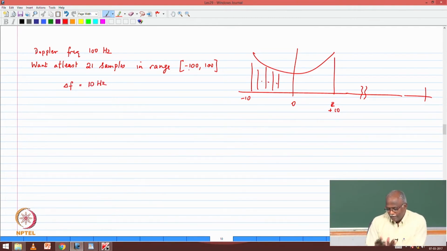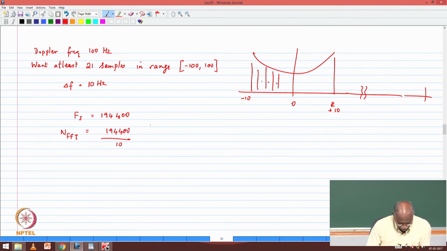Basically, only if I have a spacing of 10 hertz, I will get this type of resolution. Now, what is the size of the FFT? That's very important. The size of the FFT depends on your sampling frequency. And we already said that the sampling frequency is 194 kilohertz, 194400. So, the size of the FFT is